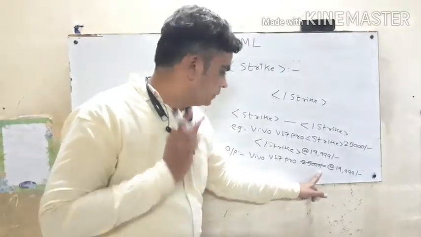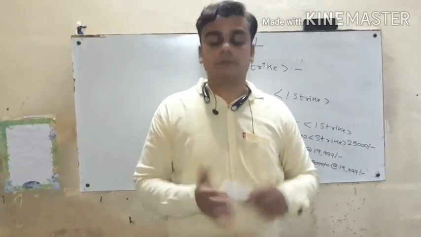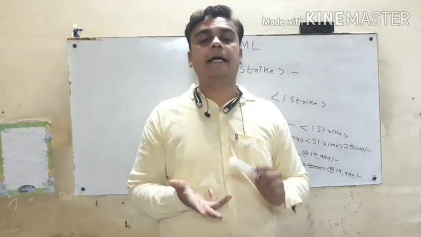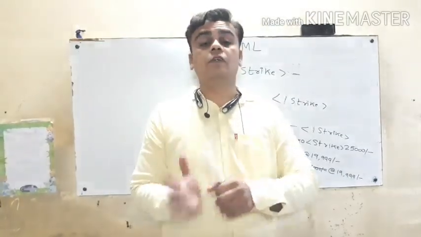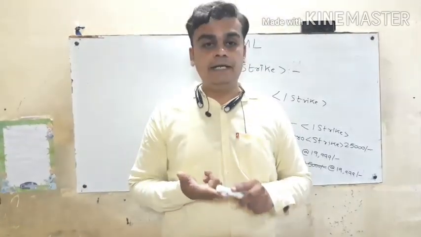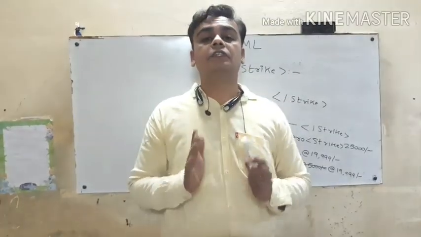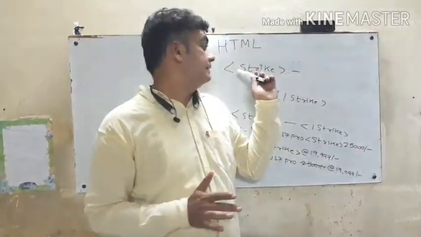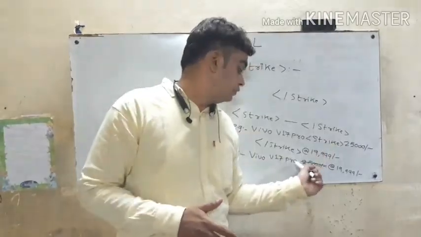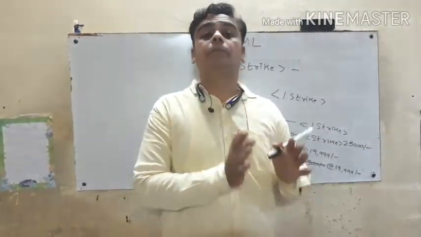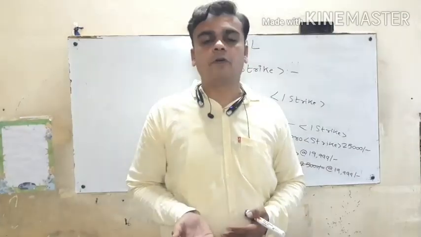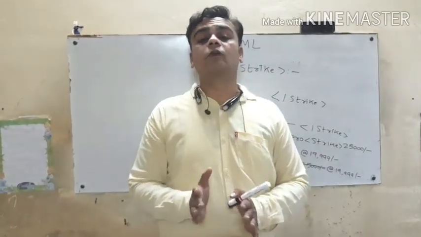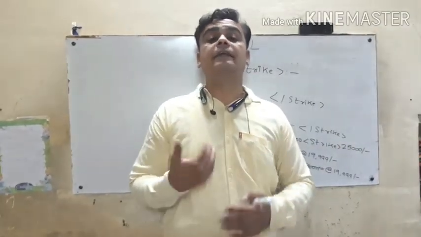Got it? Okay. Now in today's session what we have discussed: the general format of HTML, working of HTML tag, head tag, title tag, body tag. Thereafter we also discussed some text formatting like B tag, I tag, U tag, which are used to represent text in bold, italic, underline. Then we discussed strike tag, which is used to cut the text. Thereafter we used P tag for paragraph-wise information. Then we saw BR tag for line breaking, and our last tag was HR tag.